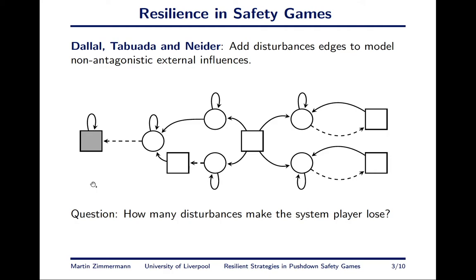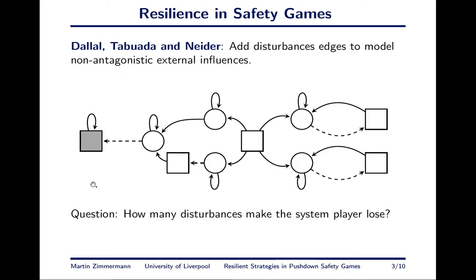But this is surely not realistic. You hopefully have actuators that work a bit better. And then it makes sense to model this as a rare event. So the actuator may fail, but this is not the standard case. And now you could try to come up with a stochastic model for the failures of your actuator, but these are very hard to come by. And reliably modeling the behavior might be out of the scope of your approach, and you don't have the right